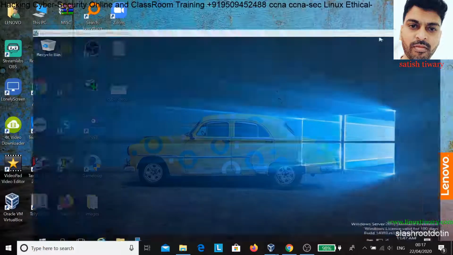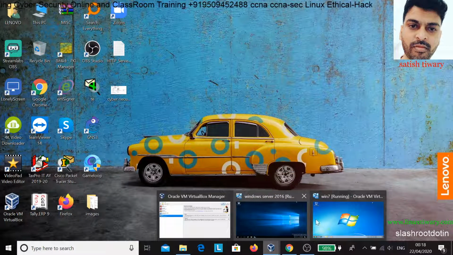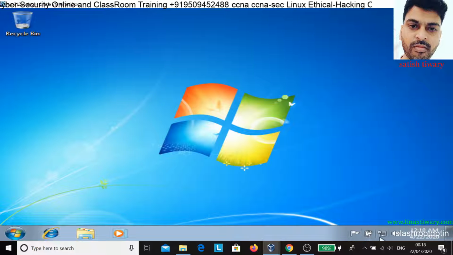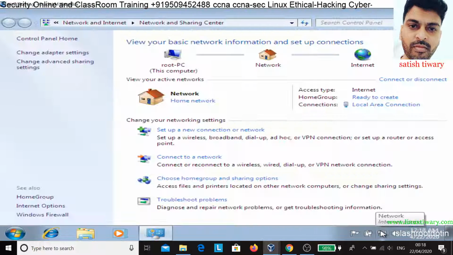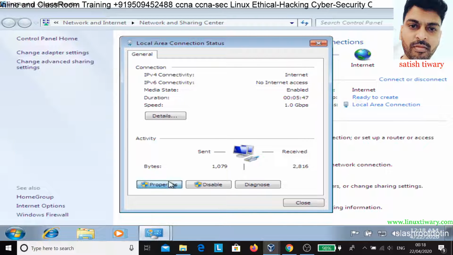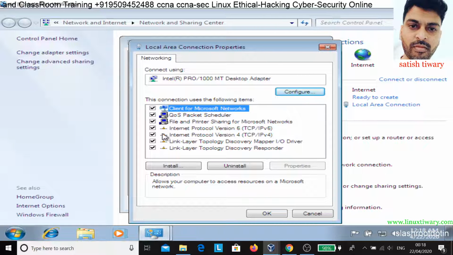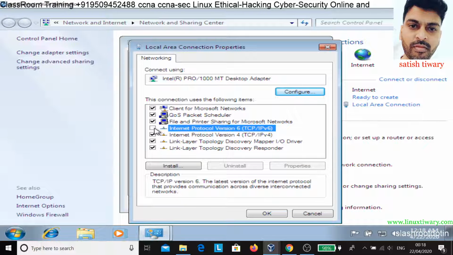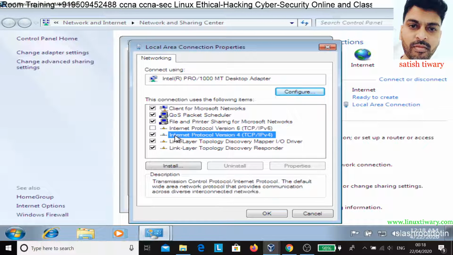Now I am going to the client side, and I am going to make the same changes on that side also. Okay, so go to network, open network and sharing center, go to local area connection, go to properties, and remove this IP version 6 tick. Okay, because I am going to disable IP version 6. Now click here